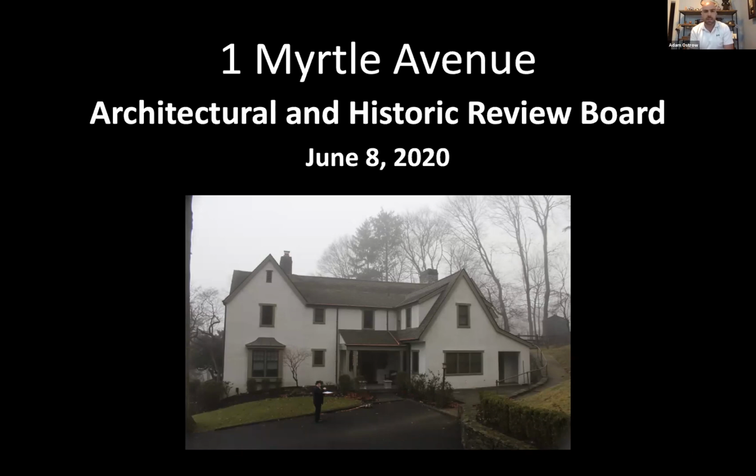So the history on the project is, and Patty might need to fill in some of the blanks here, we had an original design that we really liked. Patty, based on past experience with the board, thought you all might think it was too large. So we ended up going with a bit of a smaller layout. I think the big compromise at the time was the roof on the right side if you're looking straight up our driveway from Myrtle, which drops off quite sharply and becomes not usable space underneath it. Anyways, this is our first house, our first time doing a construction project, so we went along with Patty's guidance on